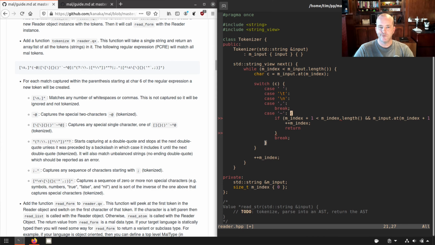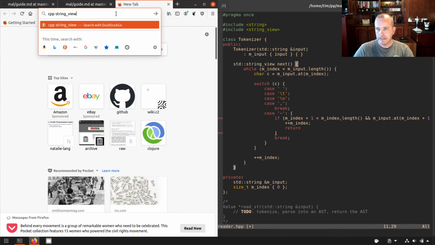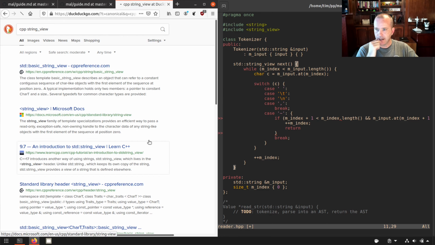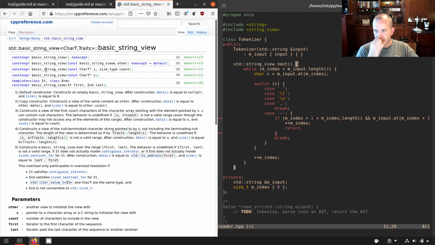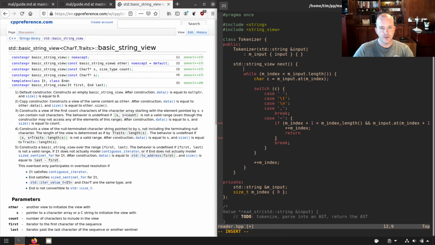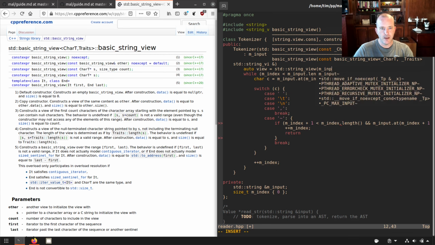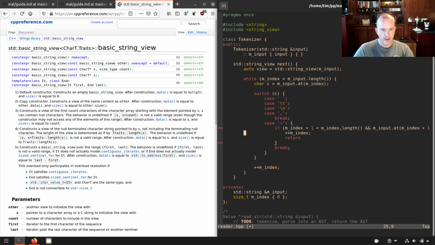Now, there's a couple different ways to do a string view. Like I said, I just learned about string view recently, so I'm probably not going to say this exactly right, but it can refer to an existing string without making a copy, essentially. These docs are really kind of hard to read for me, but if you go to Constructor, it shows the different ways you can construct it. You can construct it with a character pointer or another string view, yada, yada, yada. But one way is to construct it with a standard string. So we could say auto view equals std string view m input, like so. I'm going to construct the view here, and then we can return,